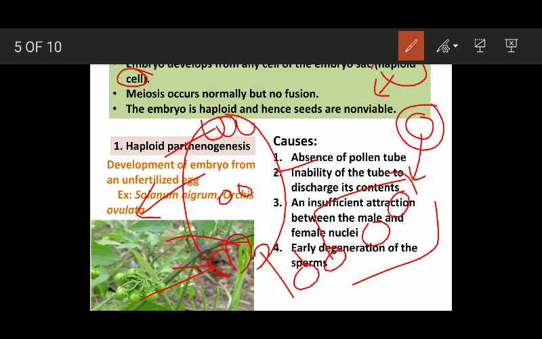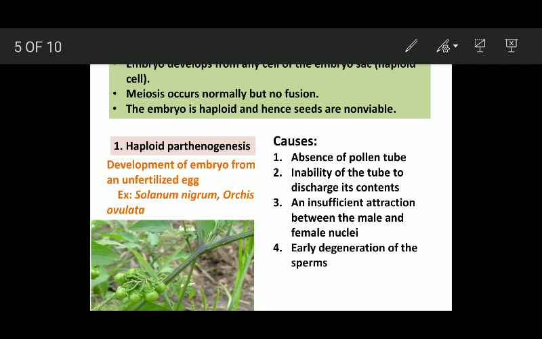This is very much important. अगर unfertilized egg से embryo बनेगा, this will be haploid. The embryo will be haploid because fusion has not taken place. Okay, अगर synergid से बनेगा, that also will be haploid because fusion has not taken place. That is already, this cell is haploid, and the embryo that will originate from this, that also will be haploid. Now it has its 2 types.